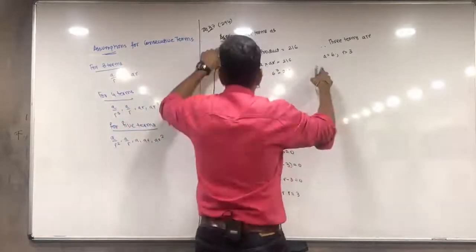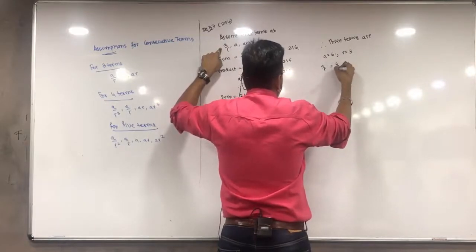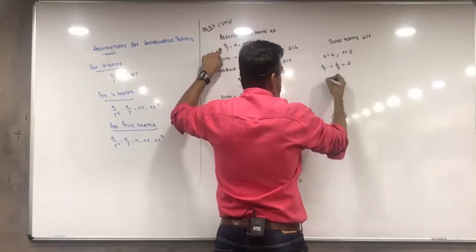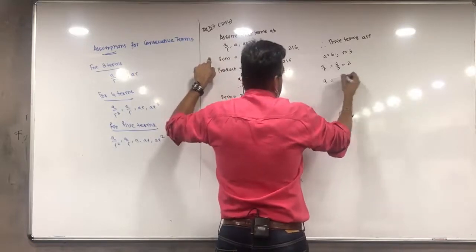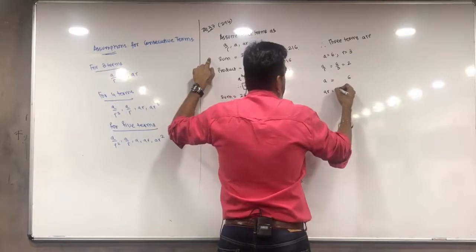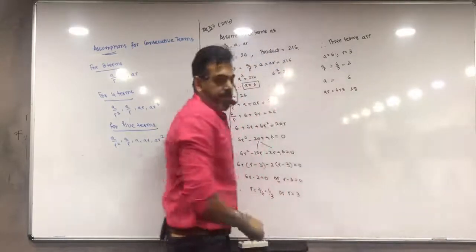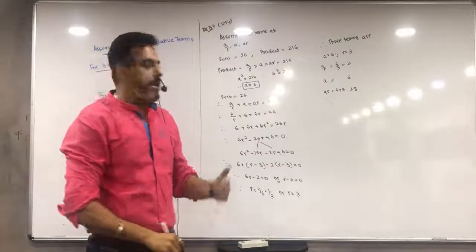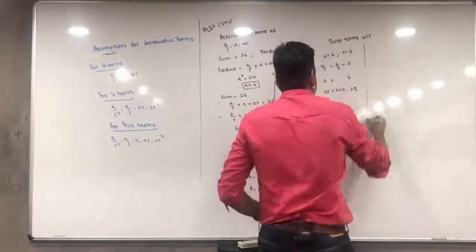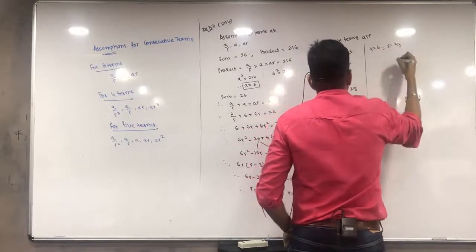So first term kya hai? A upon R, which is equal to 6 by 3, which is equal to 2. Second term kya hai? A, which is equal to 6, and third term A into R, which is 6 into 3, which is equal to 18. Understood this? Now, if we go for A is equal to 6 and R is equal to 1 by 3,